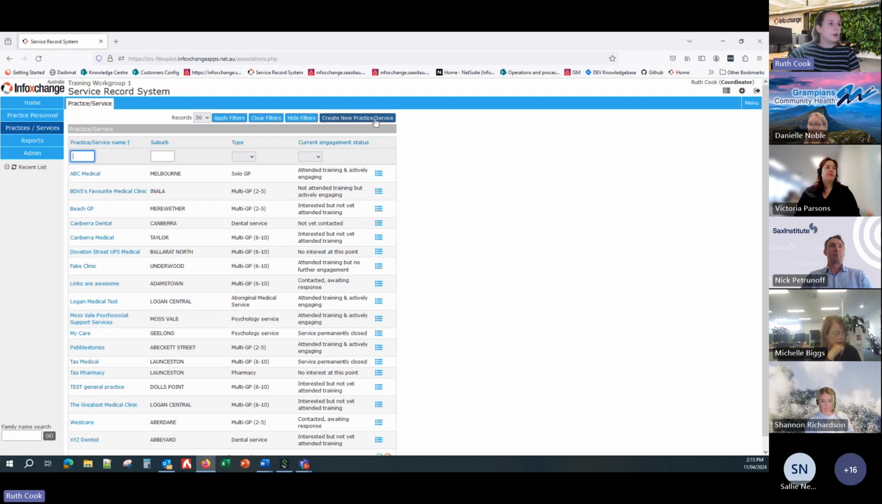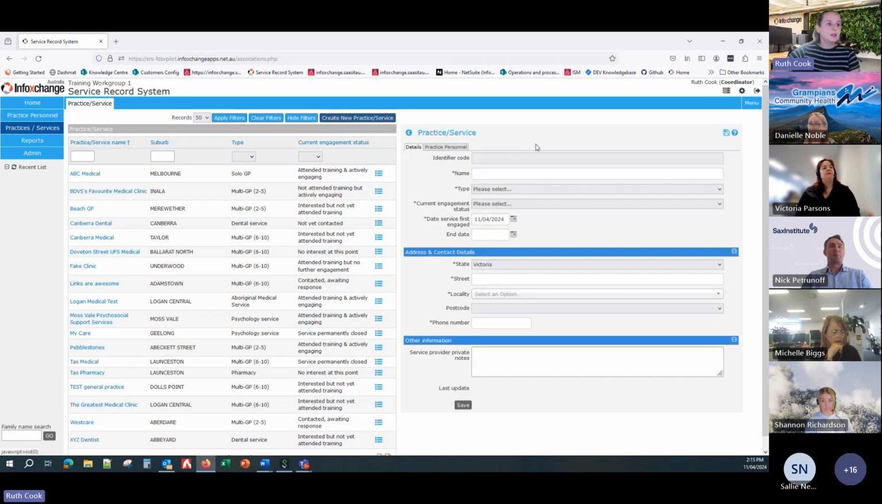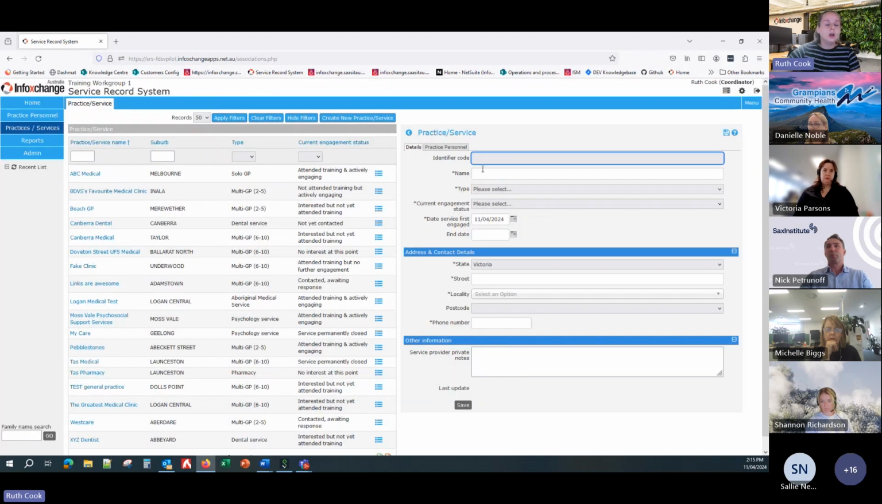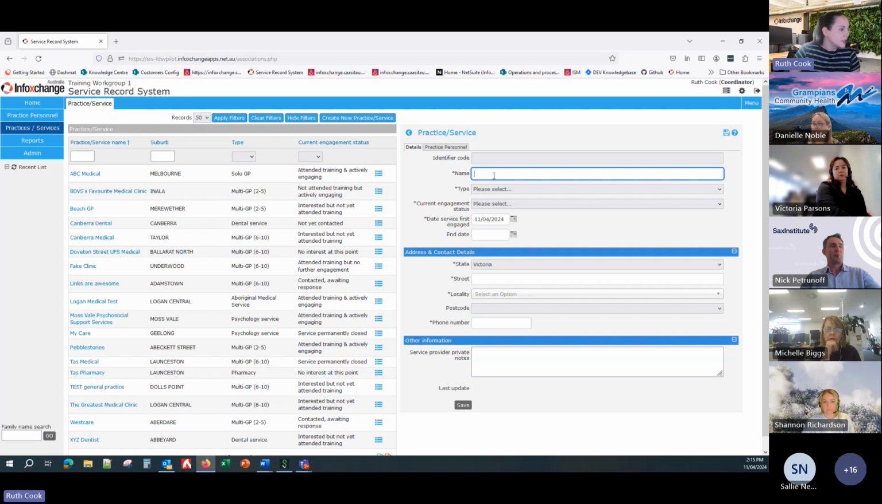So I want to click create new practice or service record. And there are a number of mandatory fields on here. All of the mandatory fields have an asterisk next to them. So if I click save here, we'll basically just get a list of all the mandatory fields that need to be completed. So identifier code, you can't enter into this field, it's automatically populated. So have a name. Does anyone have a, let's do